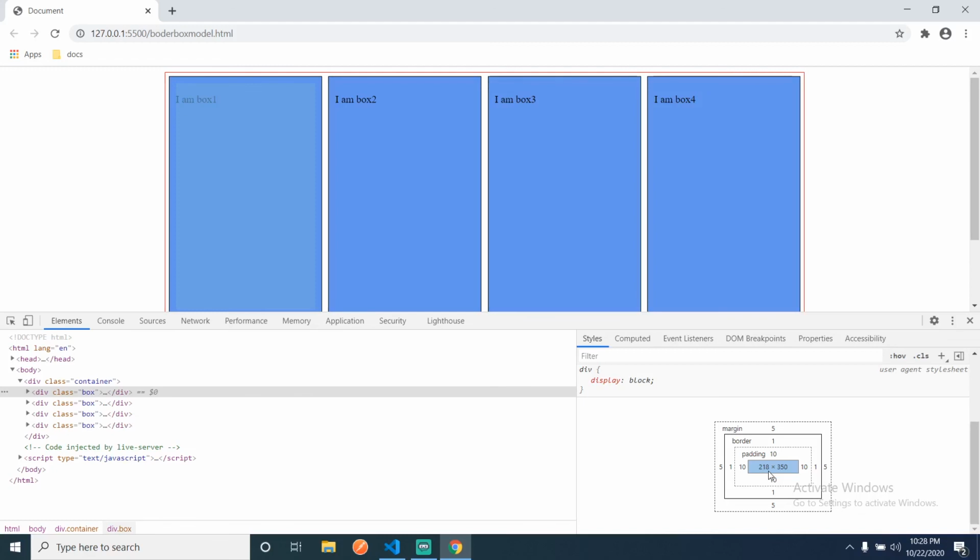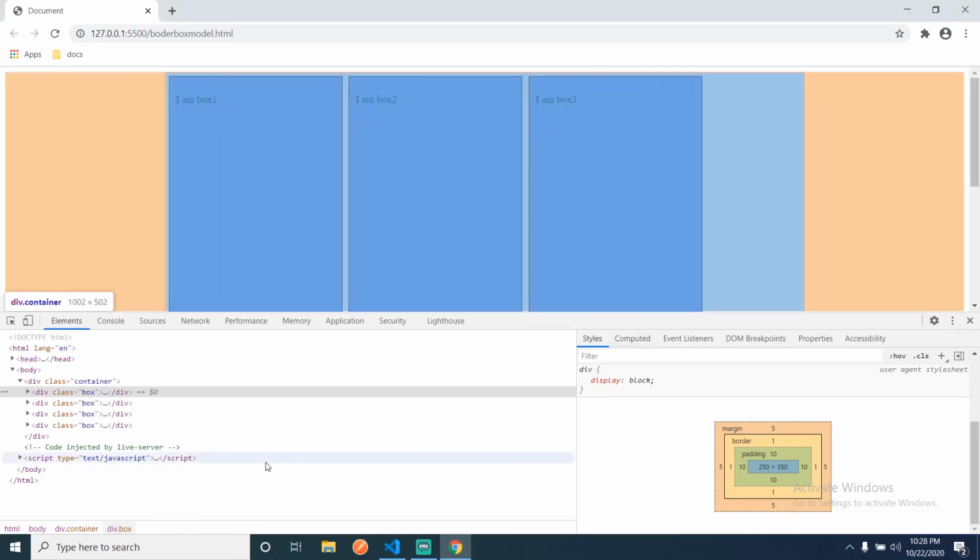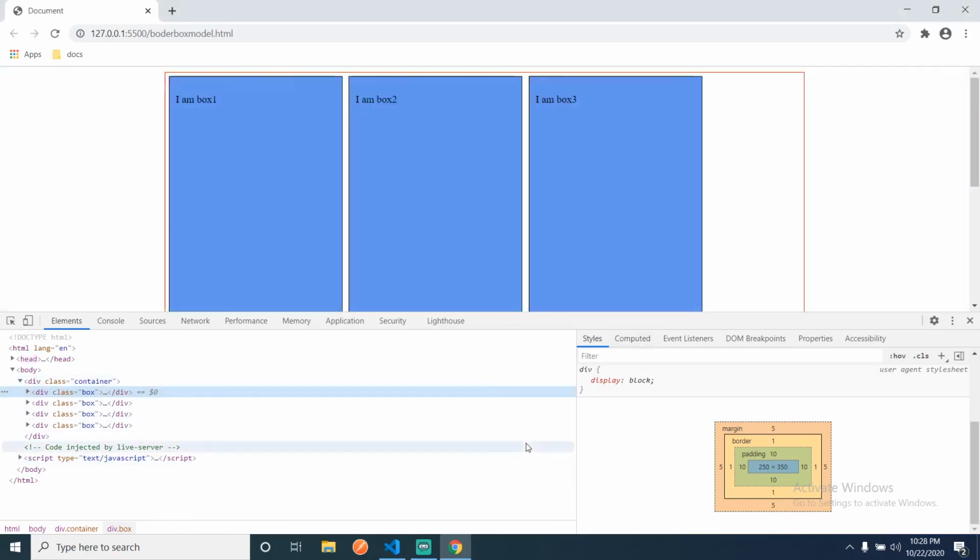But this is what I made, and I went to this code and fixed it like this, but the actual size was 250. If I save and reload, my content size is 250 plus 10 for this padding and 10 for this padding, so it will become 270, and then one for the left side border and one for the right side border, so 272.